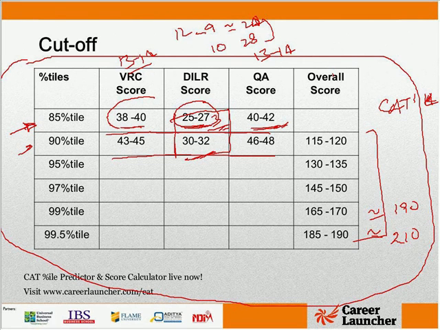Score needed for 95. Yeah, just have a look at the table we've provided here. Around 130, 135 should hold you in good stead for a 95. For VARC, particularly for 95, probably a 52 to 54. So net correct of about 18 should be around a 95 percentile. That's more or less it, I guess, with respect to questions. I'll just transfer it once to GP. Just give me a second.